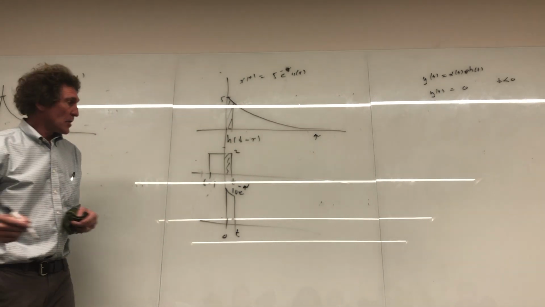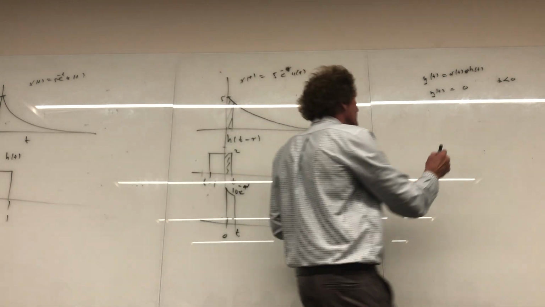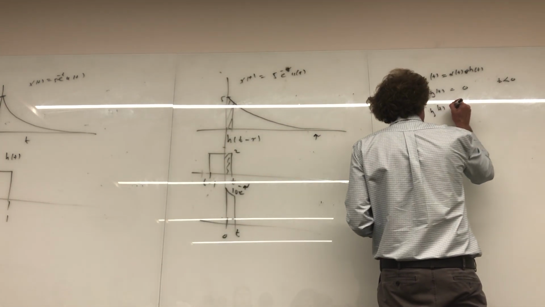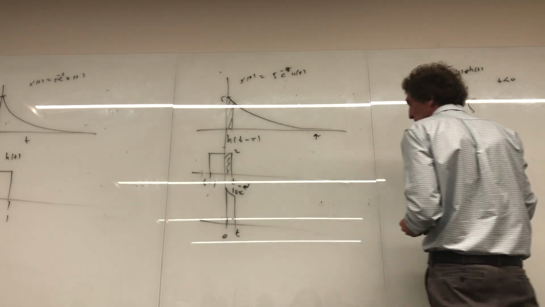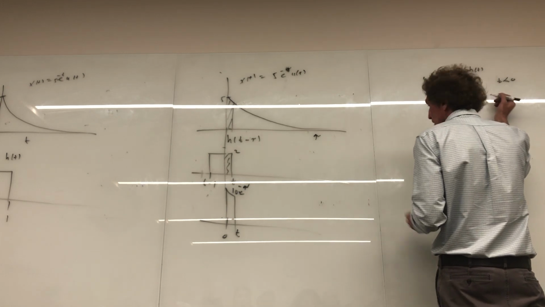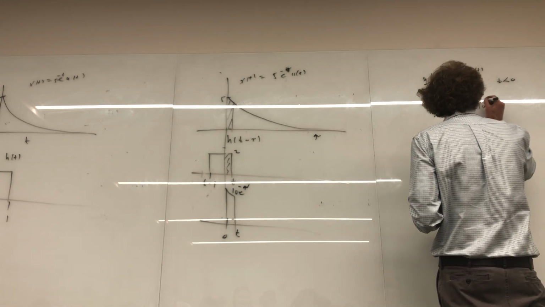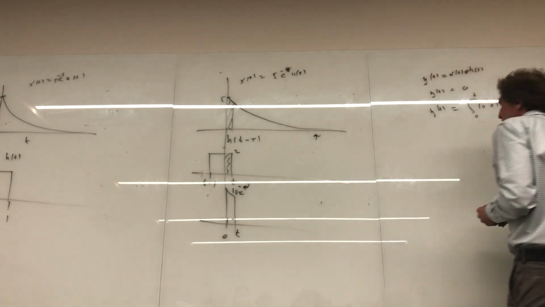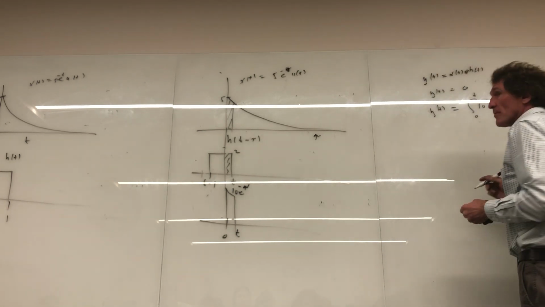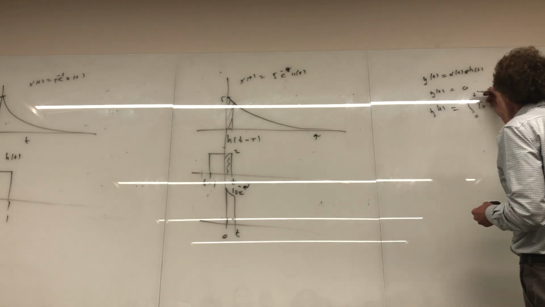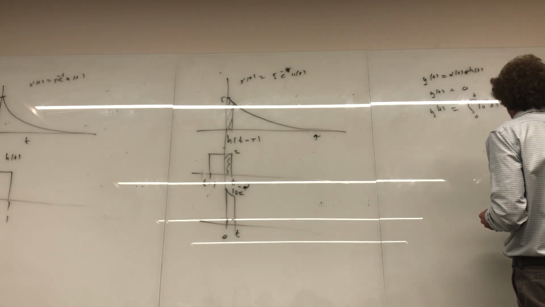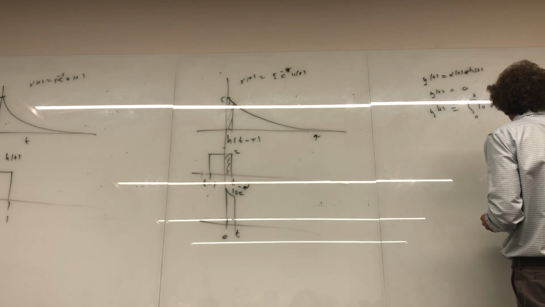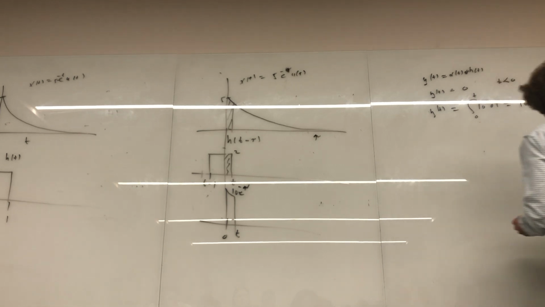Right? So now I could say my y of t would be equal to the integral from 0 to t of 10 e to the minus tau d tau. And if you take a look at that, that's going to be 10 over minus 1, evaluated between 0 and t, or it's really 10 times 1 minus e to the minus t. And that's true for t greater than 0, but less than,